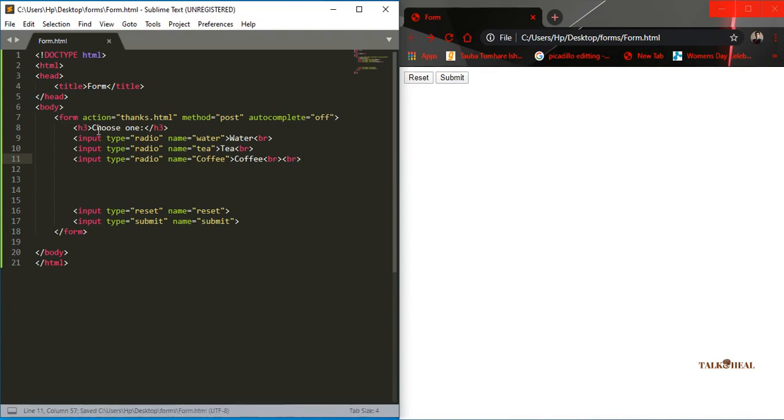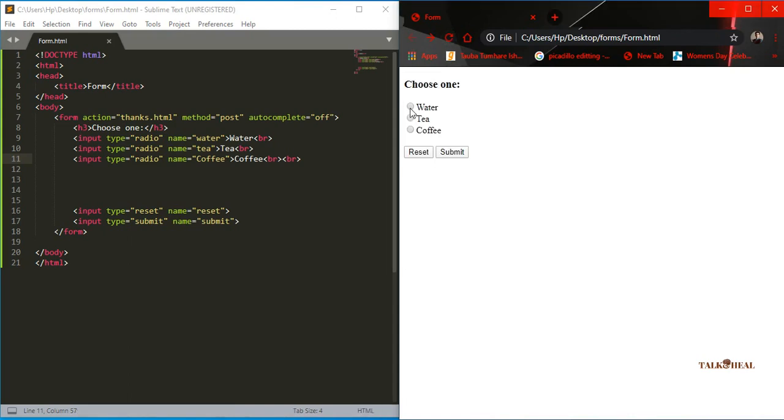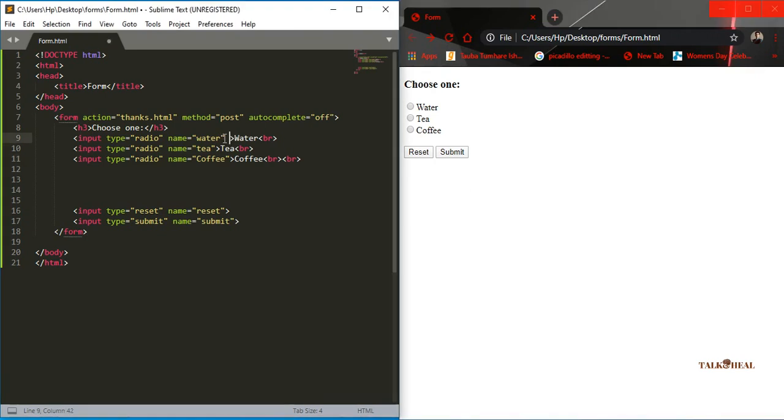So if I press Ctrl S now and refresh, so guys, you can see we can choose these radio buttons, but for now you will notice that we are able to choose all three. So in order to make these radio buttons select only one at a time, what you have to do is add value